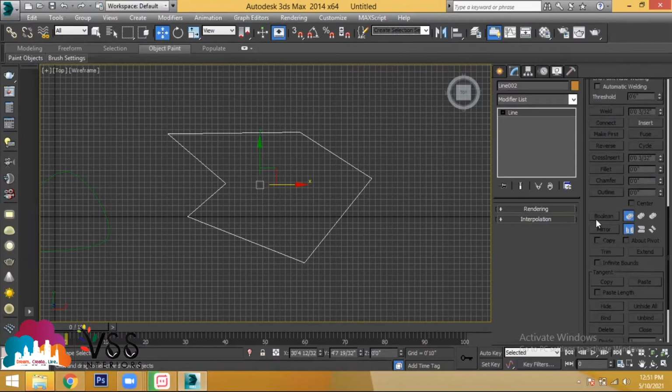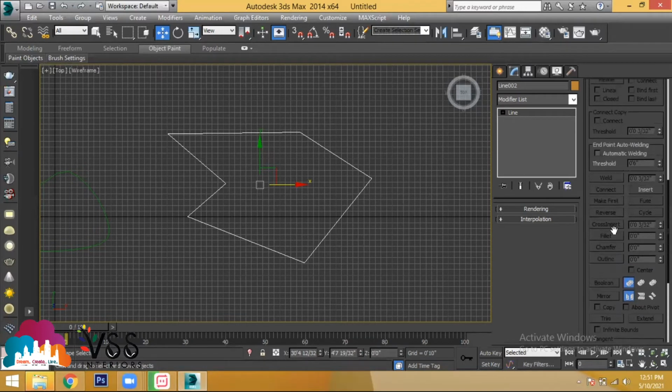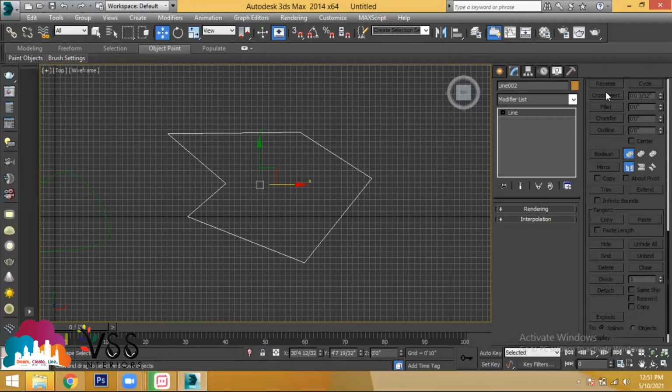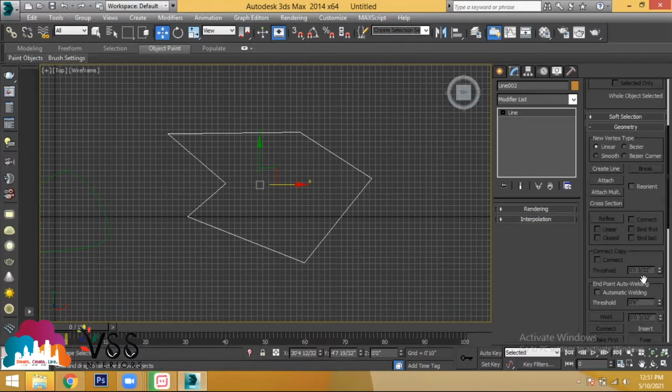The whole tool, like you also have boolean in a line, you find chamfer, you find fillet, you find outline, you find mirror of this object, like you find trim, you can trim the objects, you can find extend, copy, hide, unhide. All these options are deactivated. You have to activate all these things. So how to activate all these things we'll discuss right now in the next topics.